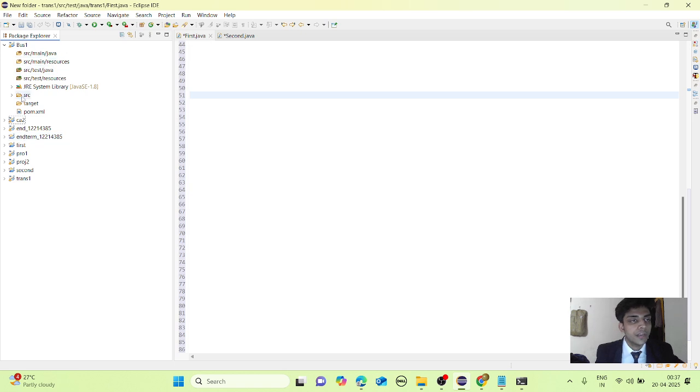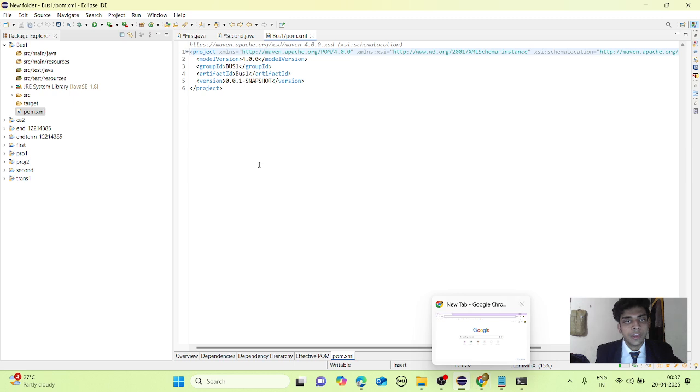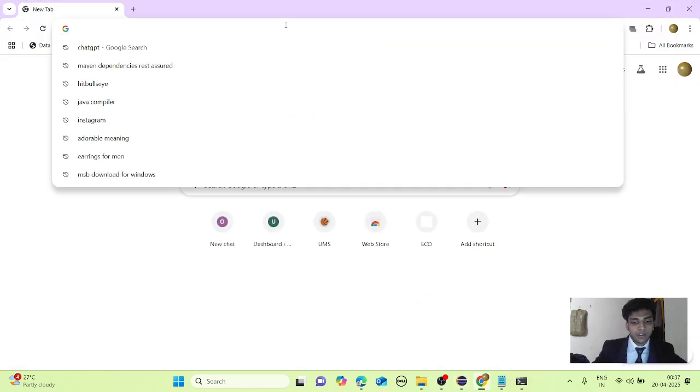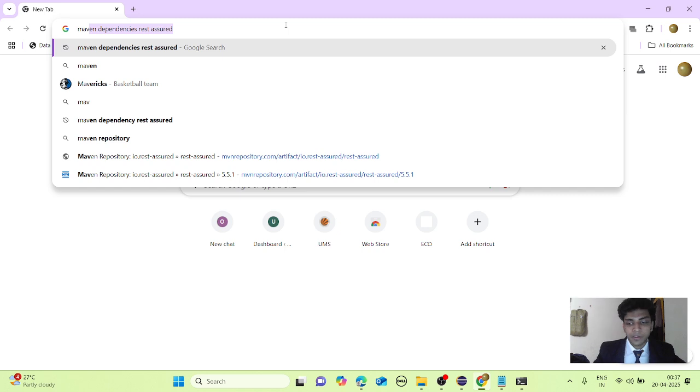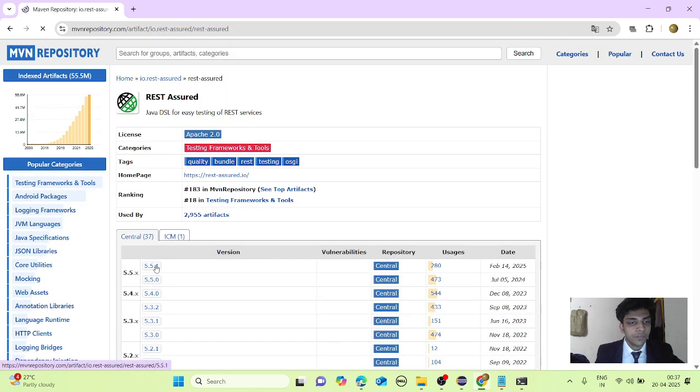Before doing anything, we have to add our dependencies in the pom.xml file. For this we can copy the dependency from the internet. Search for Maven dependency REST Assured. You can go to the first or second result. From here click on 5.5.1.